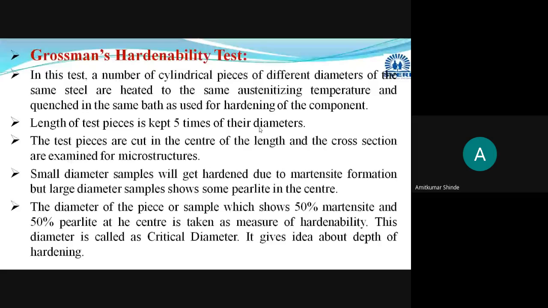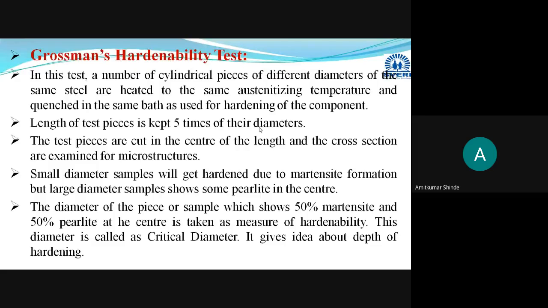And after the quenching process, the samples are selected one by one, and they are cut at the center, and their cross section is checked for the microstructure present. The sample where 50% martensite and 50% pearlite is present, and the related diameter, will be termed the critical diameter. And depending on that, we decide how much depth of hardening can be obtained for that steel sample. Okay, so this part is a little bit difficult to understand without an actual practical,